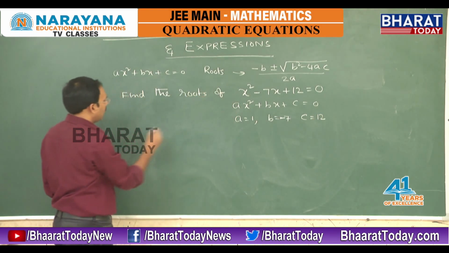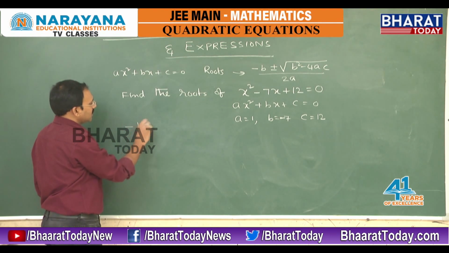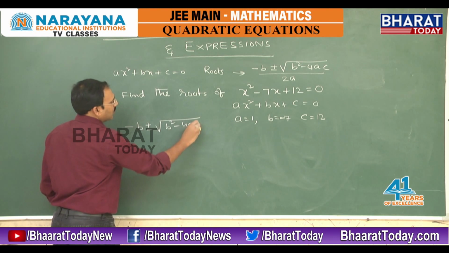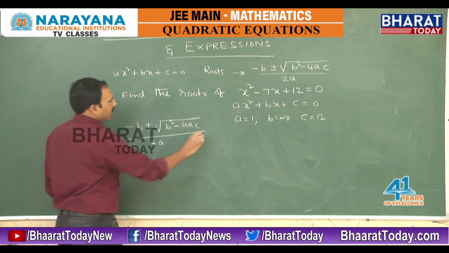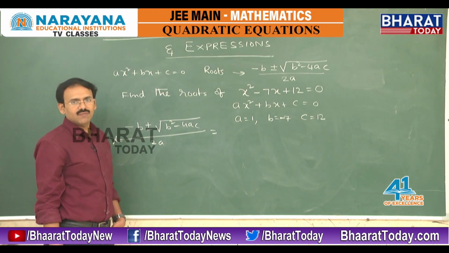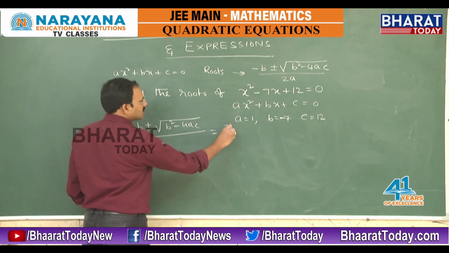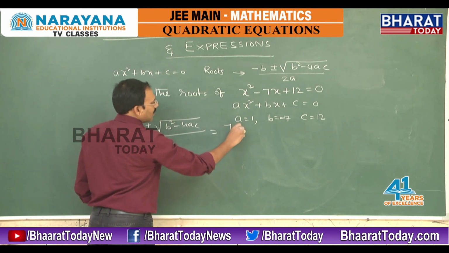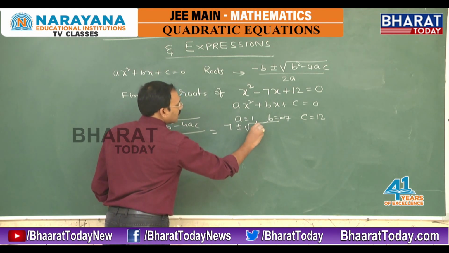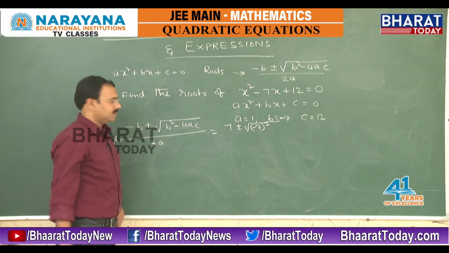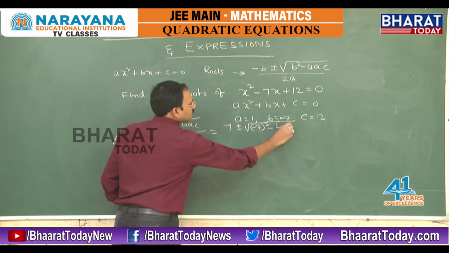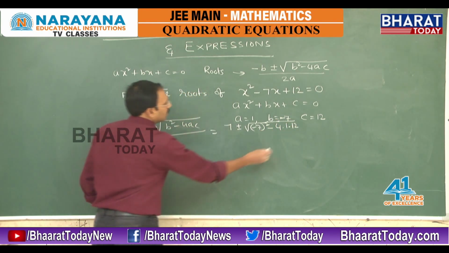Now the roots are given by the formula (−b ± √(b² − 4ac)) / 2a. By using this formula, we try to get the x values which satisfy this. So −b stands for 7, plus or minus root of (−7)² − 4 × 1 × 12,